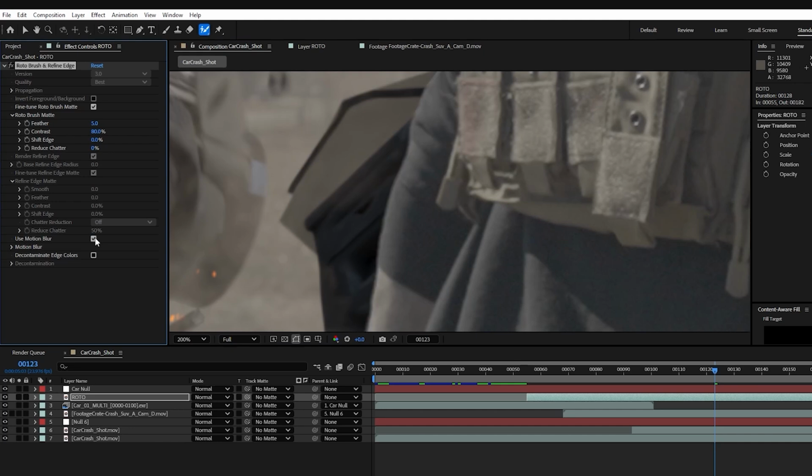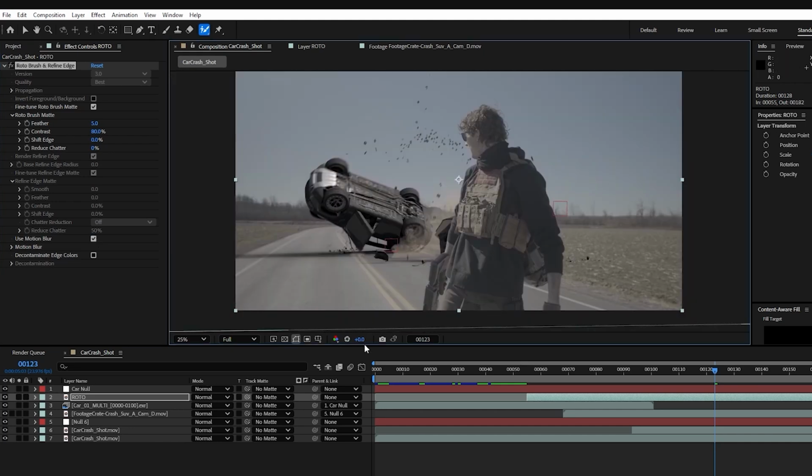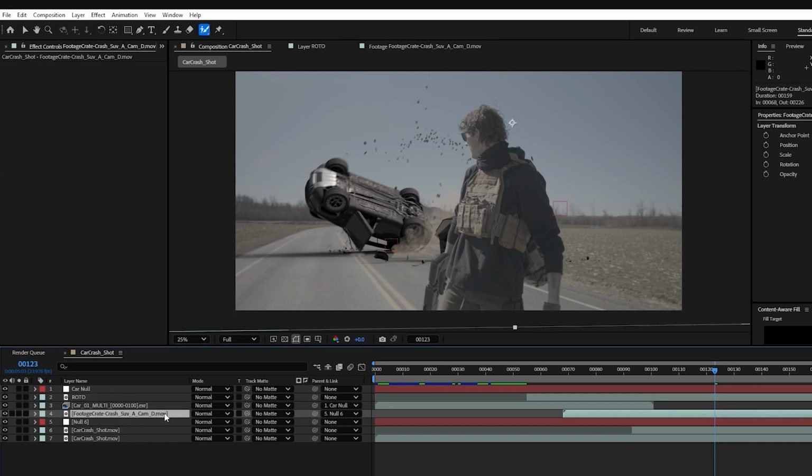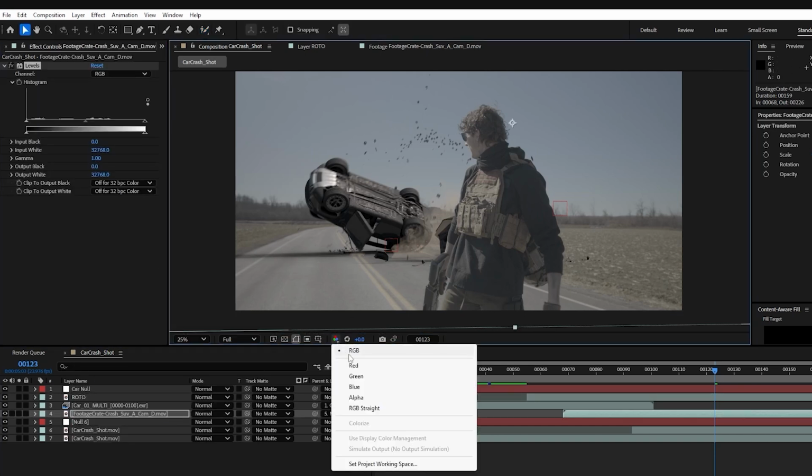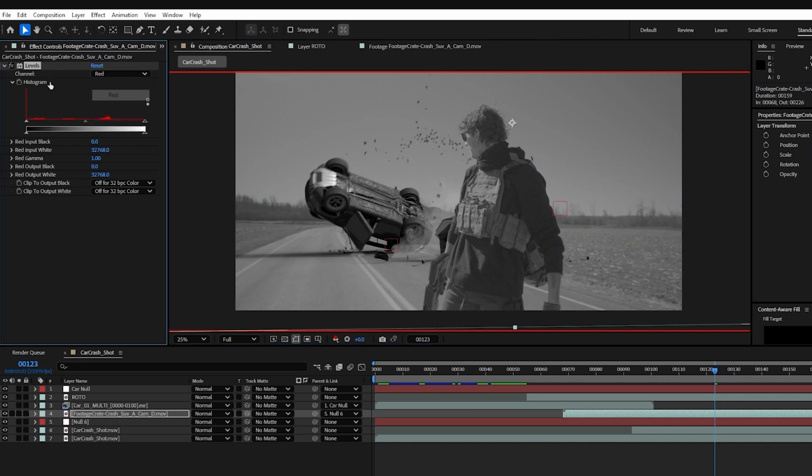It's subtle, but if you turn it on and off, you can see the difference that it makes. Now next, it's time to match our car to our footage. So similar to the 3D render, I'm gonna go ahead and add a levels adjustment and then go to the red channel and adjust just the red of the levels. And we're gonna go through one at a time, same as before, making sure that it roughly matches the brightness of his sweatshirt. So I'm gonna jump to green, and then lastly over to blue,